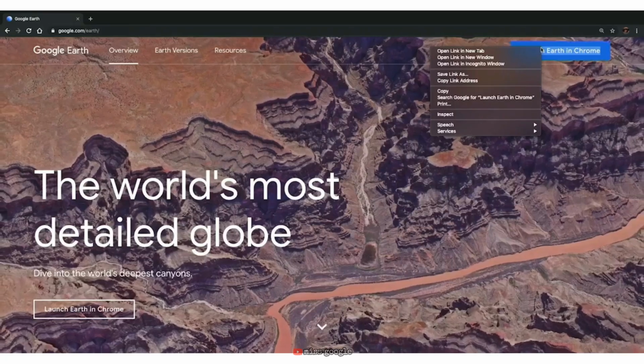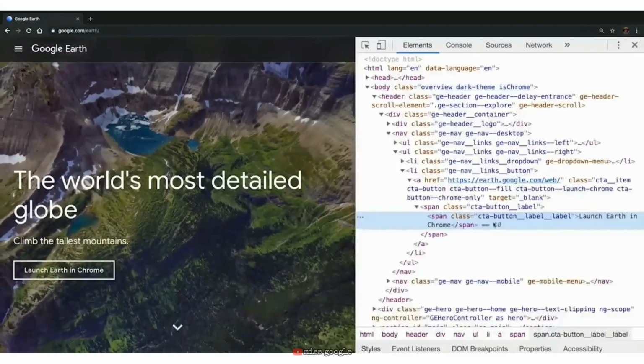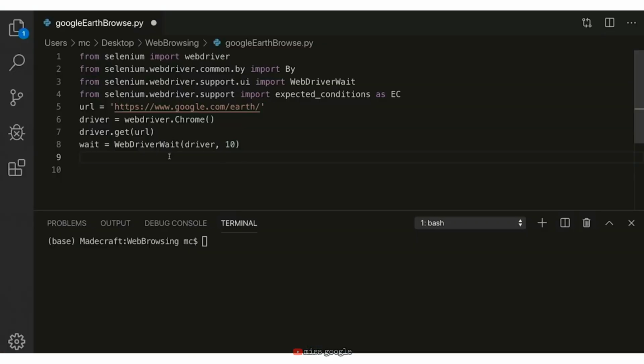Go ahead and inspect the button, and then copy the XPath. Now it's time to implement the condition. Let's start by creating a button and set it equal to wait.until EC, our condition, which in this case is element to be clickable,